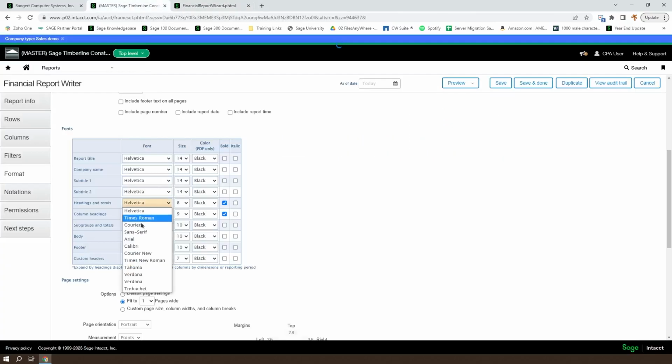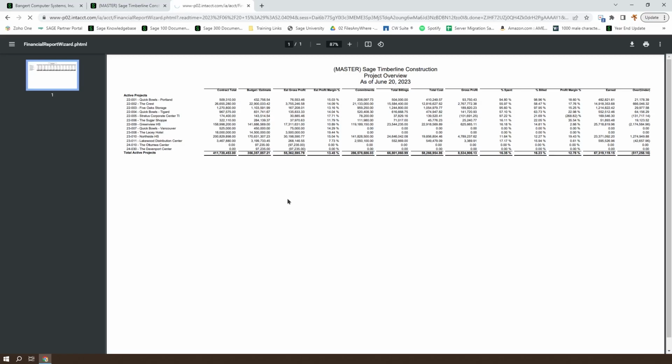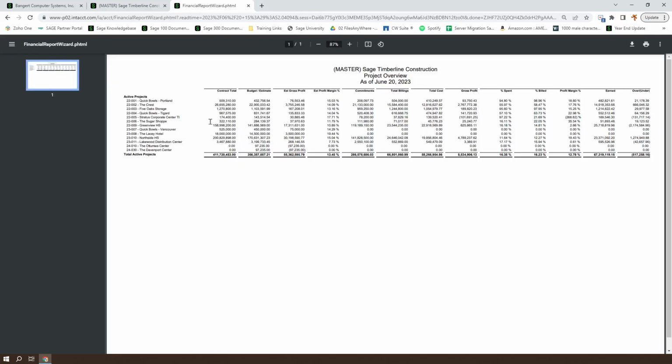We've got our font still as Helvetica. We do want to go ahead and change that over to Arial. A little lighter weight font, but easier to read, especially when it's a smaller text. So we can see we've got this all fitting in a little bit better, but these totals are pretty hard to read when they're bold and small.